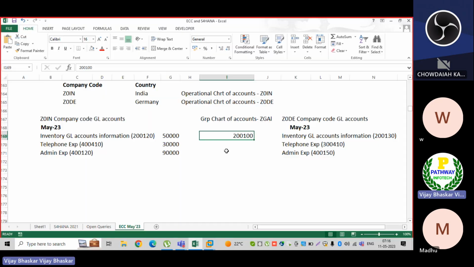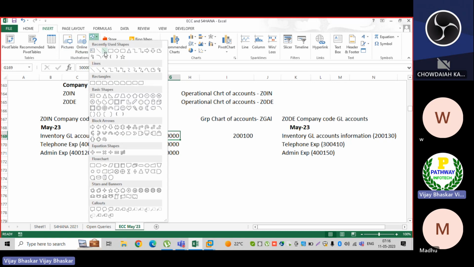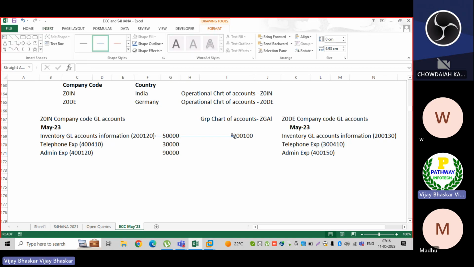What I am instructing the system is: if you are using different GL accounts for each and every legal entity, then while posting any business transaction to this GL account, because we have already assigned and mapped this GL account,